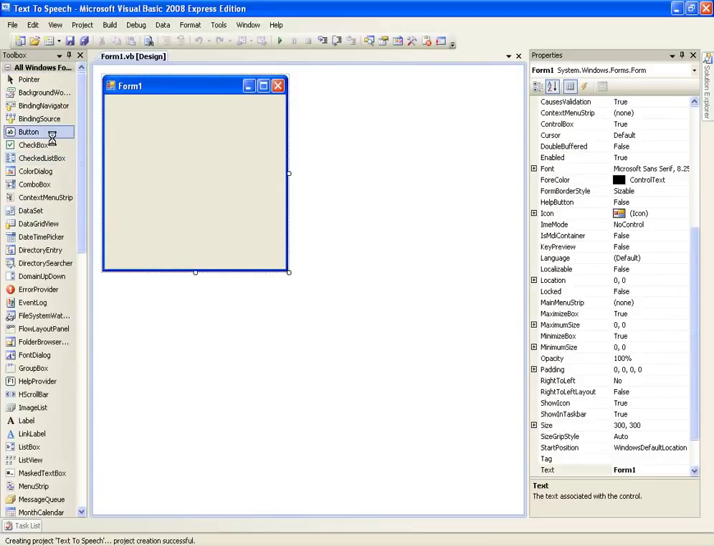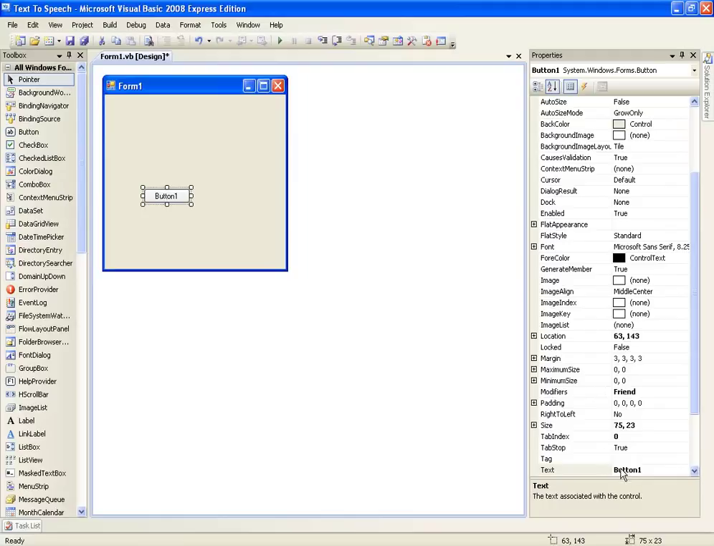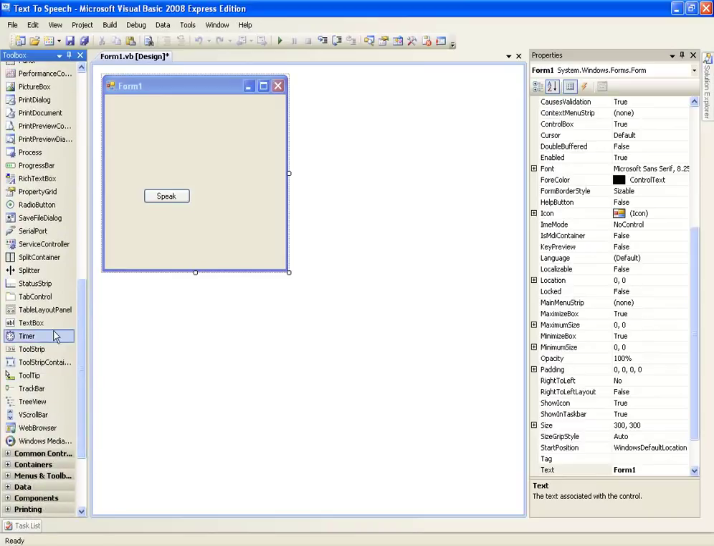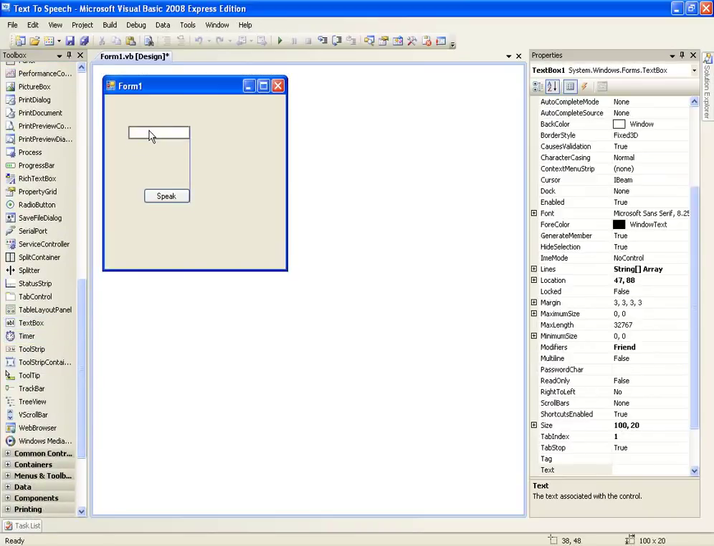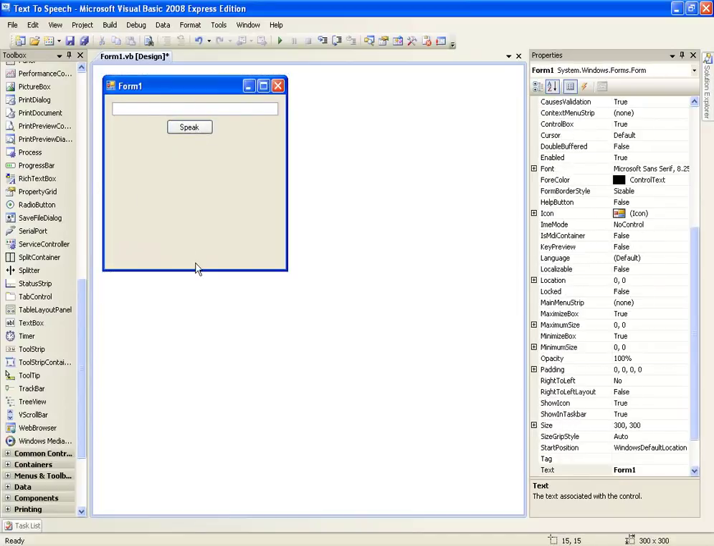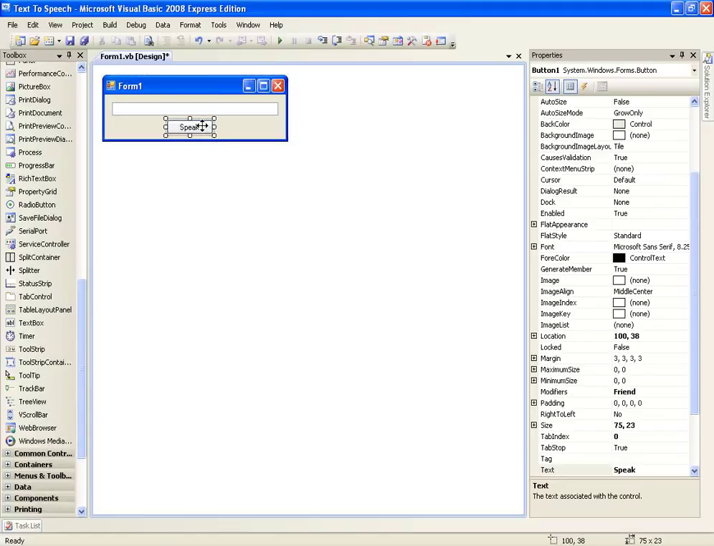Okay, and in this we're going to use a button, so add a button. We'll just put the text as speak and then just add a text box, and we're going to make the program speak the text that is inside text box 1. I don't think you'll be able to hear it from my computer because I'm wearing a headset, but just try it out yourself and it should work. So double click speak